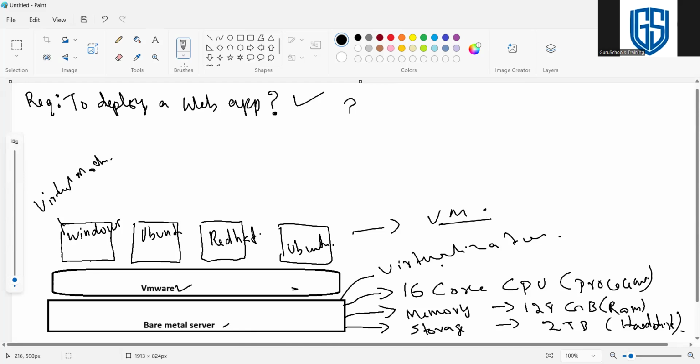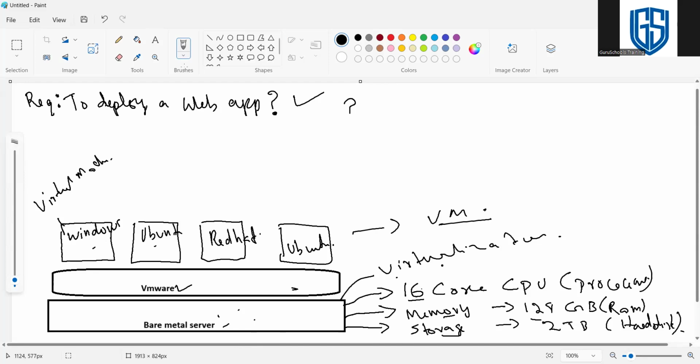At the time of installing these machines, the Windows, Ubuntu, Red Hat, and the other Ubuntu, we need to allocate the resources. We have a 16 core CPU for the bare metal server, 128 GB memory and 2 TB storage. So when we install and configure the first Windows machine, we need to allocate resources from the bare metal.